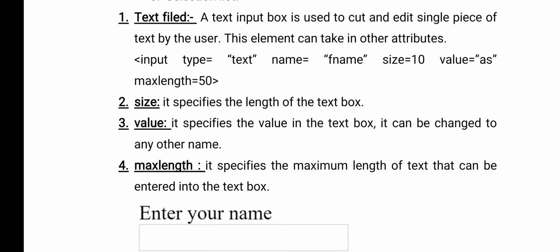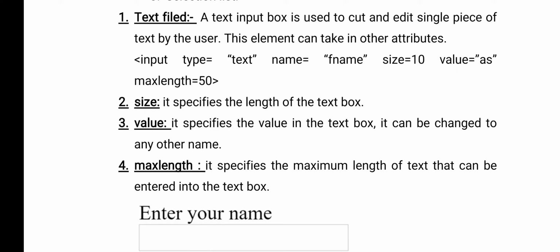Okay, and when you are writing an input tag, some attributes are there for the input tag. What type of input is the user entering? What is the minimum size and maximum size of data you are collecting from a user? That additional information you can give by using the different attributes which you can write inside an input tag.